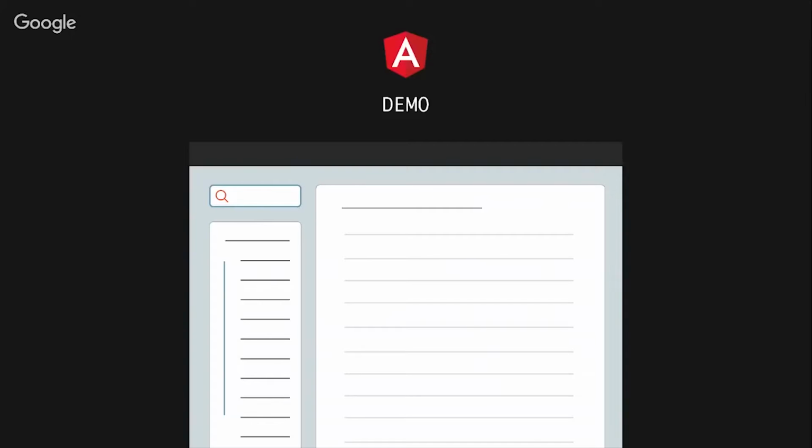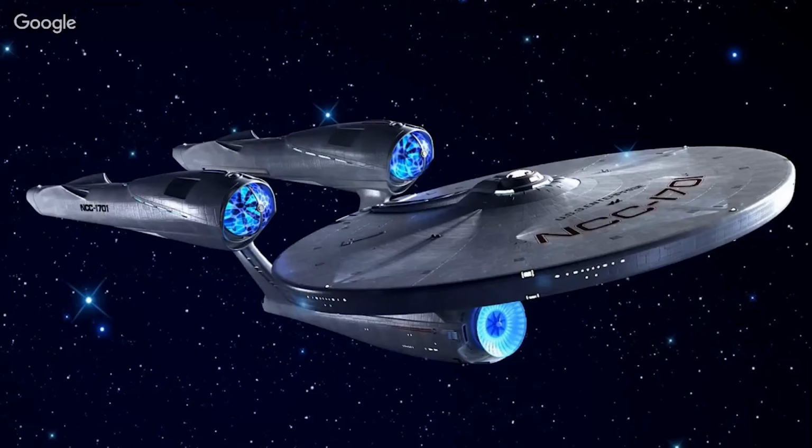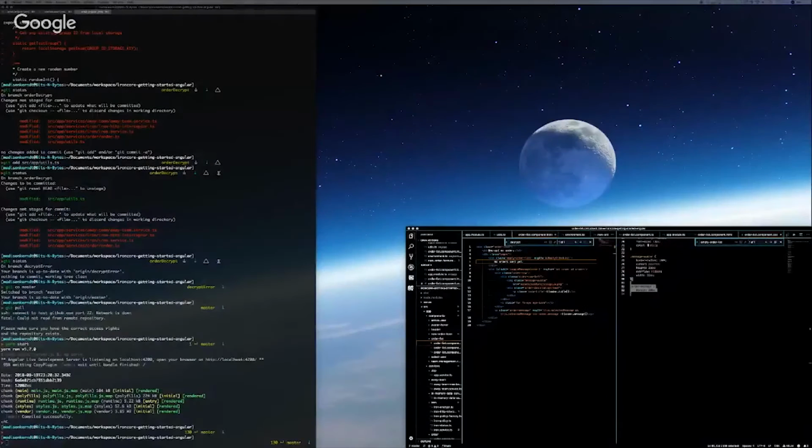Okay, I'm going to jump into a demo because I had great feedback last time that we needed to do demos, so I will do one. Let me first set the stage for you. Who here is a little bit nerdy and likes Star Trek? Come on. Who likes Star Trek? Okay, cool. So I have a nerdy Star Trek application that's going to show you how some of these core functionalities are implemented, and we'll walk through a little bit later in the app, and I'll show you how it works under the hood. But first,